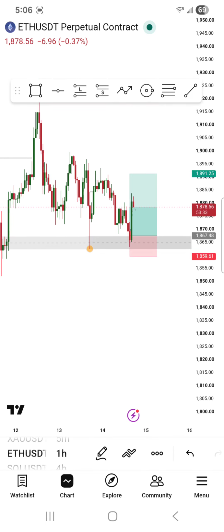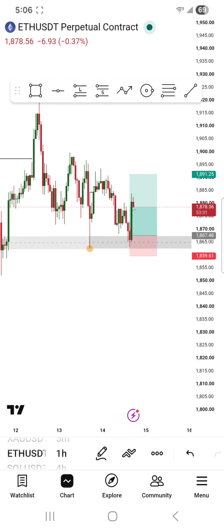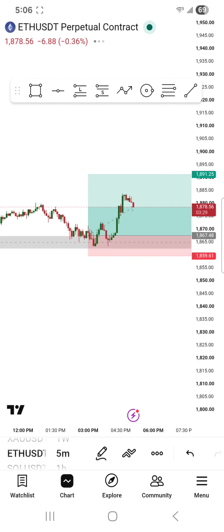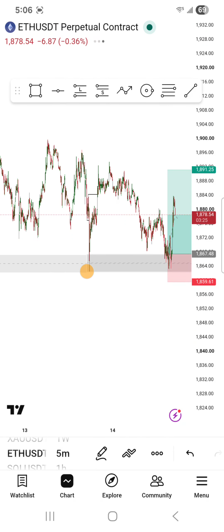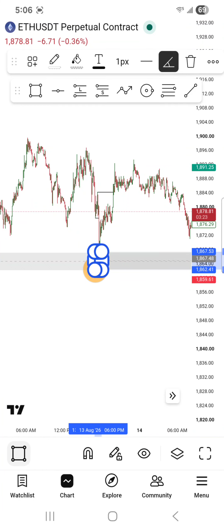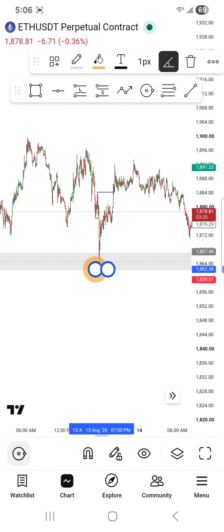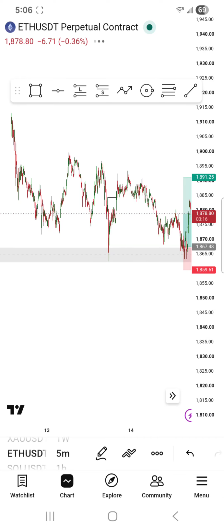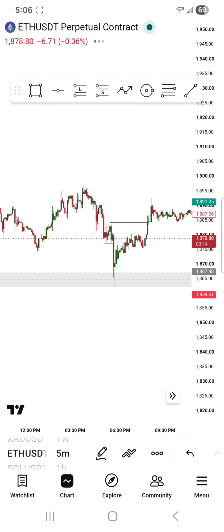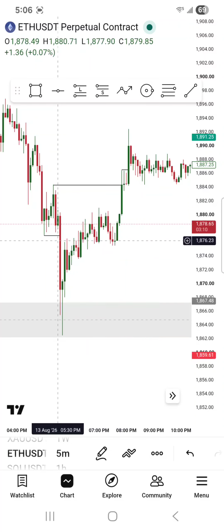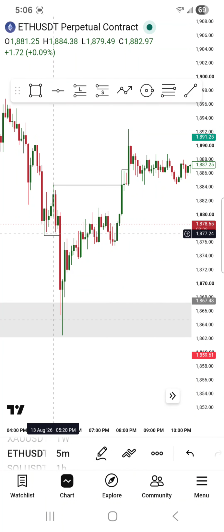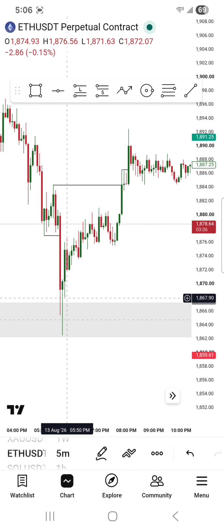All right, so like this I can now scale down to the 5 minutes time frame so that I'll be able to get to that point. This is it here. You see it now. This is where price tapped the first time. So I have to study the structure. Now, in studying the structure, I found out that we have a clear liquidity sweep, price swept liquidity,